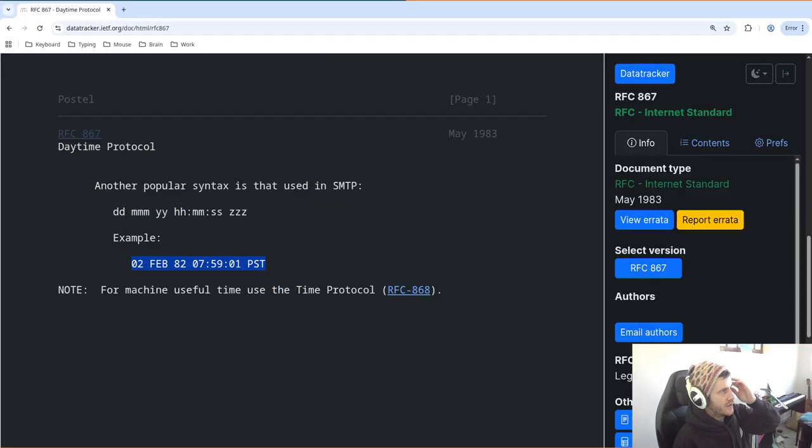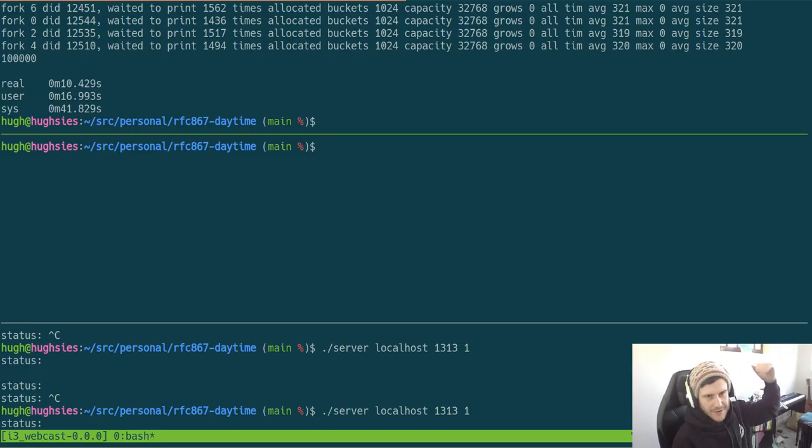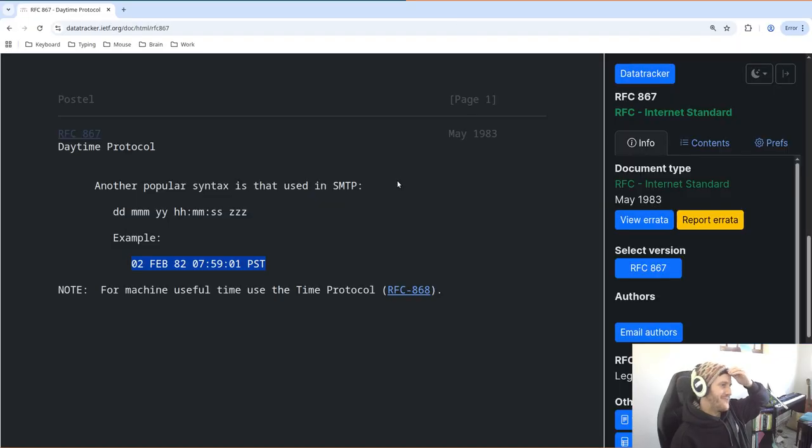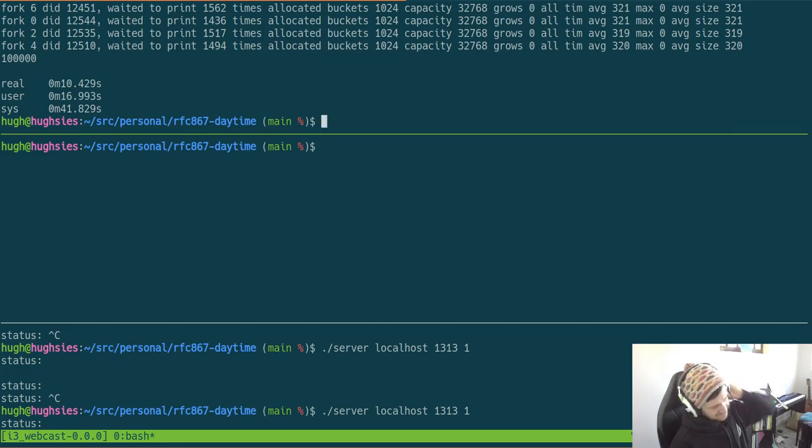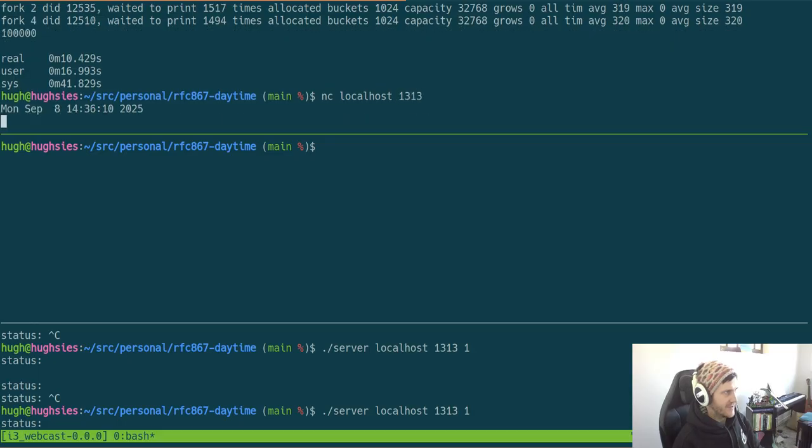Looking at my little thing, making the daytime protocol, which all it does is print the date. You can see an example of such if you go to something like that. All it does is print the date. So what I thought I would do was, last time we kind of looked at